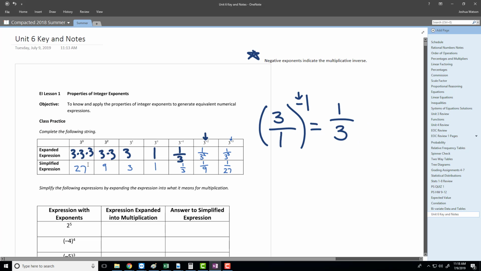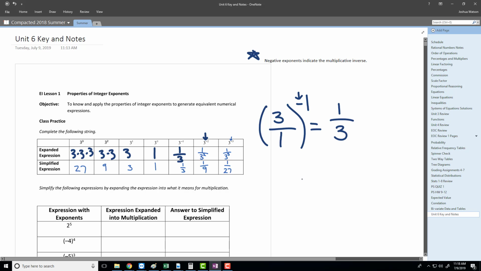Looking at the big picture here, there is a pattern. They're symmetrical, except on the left side you have the original numbers, where on the right side you have their multiplicative inverses. So the multiplicative inverse of 9 is 1/9. The multiplicative inverse of 27 is 1/27. So that's what that negative in the exponent means, is we're going to do the multiplicative inverse, which totally makes